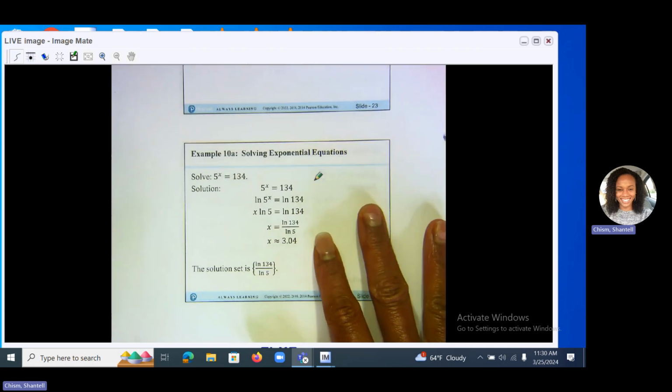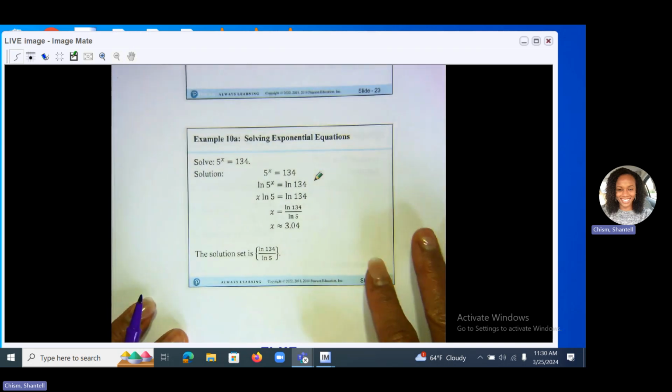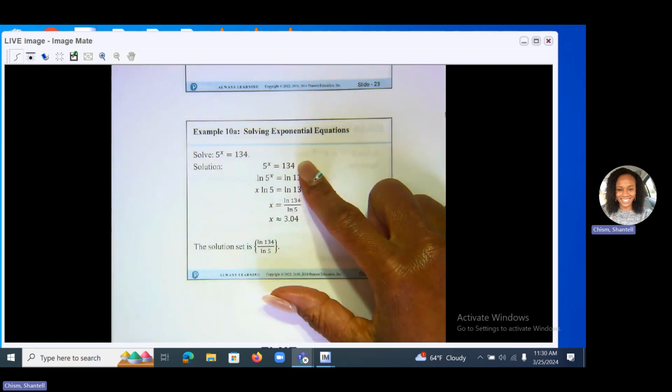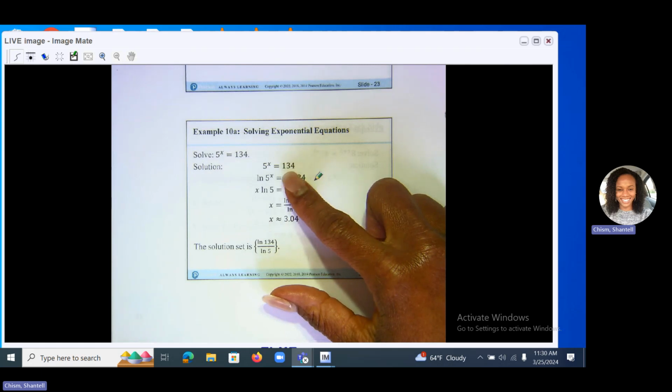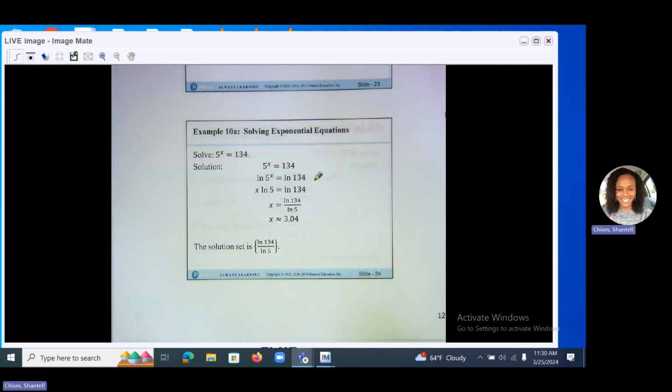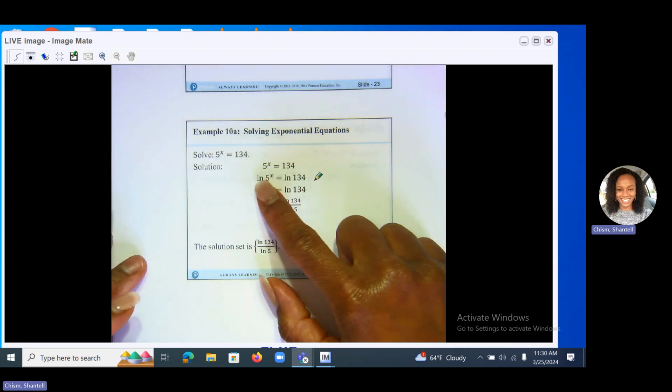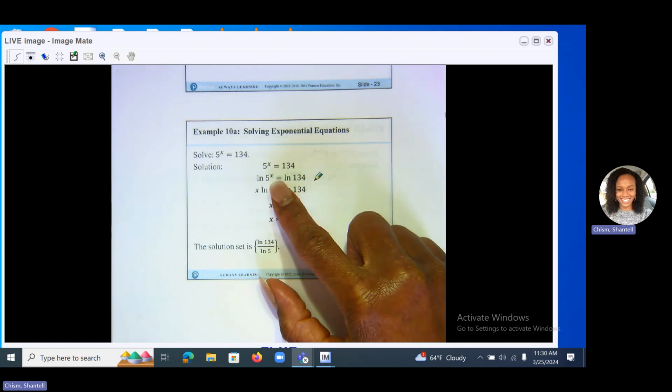So we've got 5 to the x power equals 134, okay? Now, there is no way that we can write 134 with the base of 5. If there was, in a perfect world, we would. Maybe if this was 125, we would. But unfortunately, 134, we can't express that with the base of 5. So what we do, we take note that the exponential part is isolated by itself. So we then apply either the natural log, which is what I did here, ln, or a common log, log,